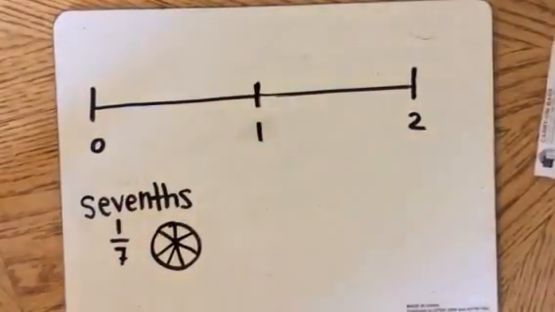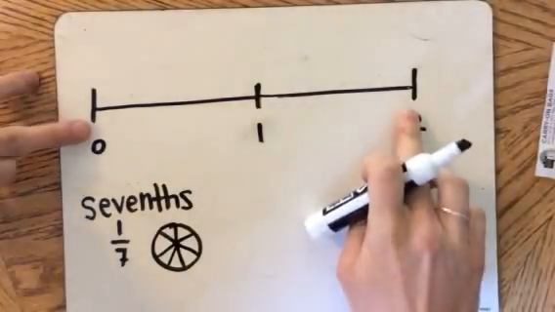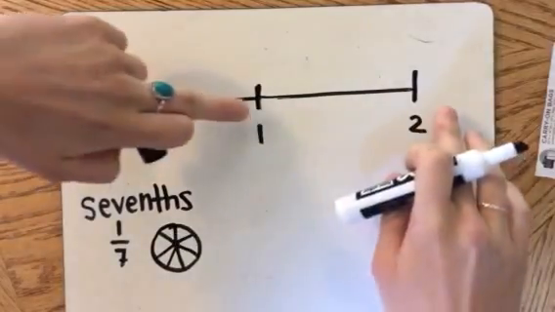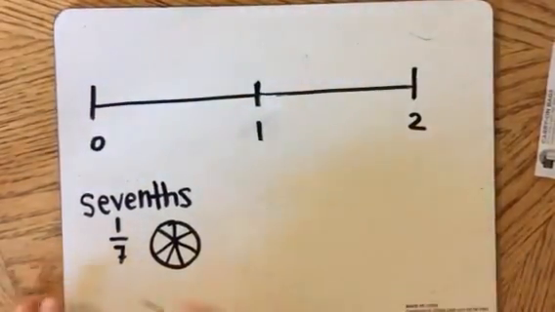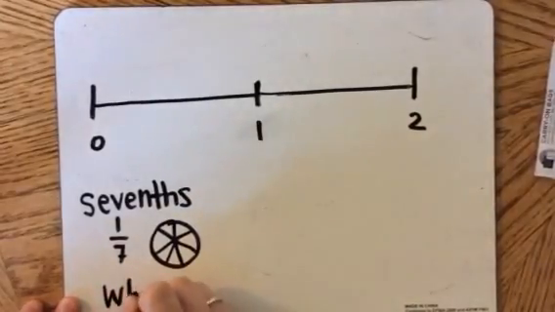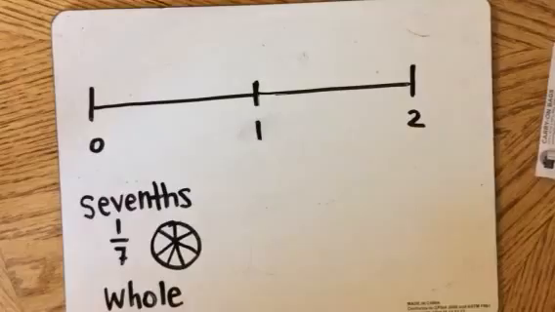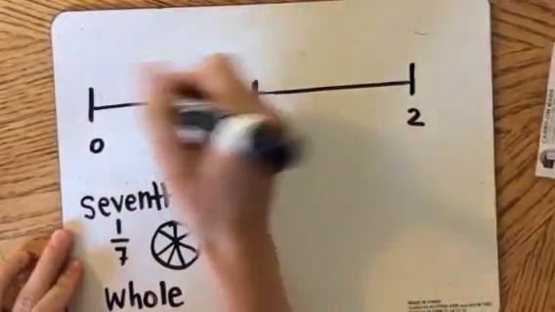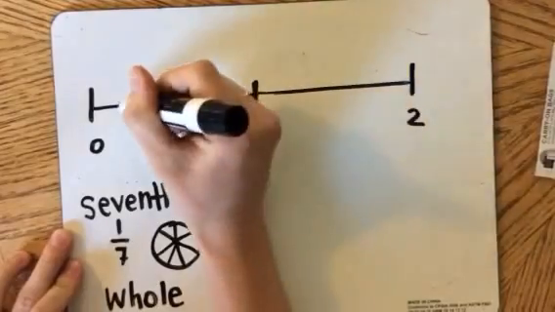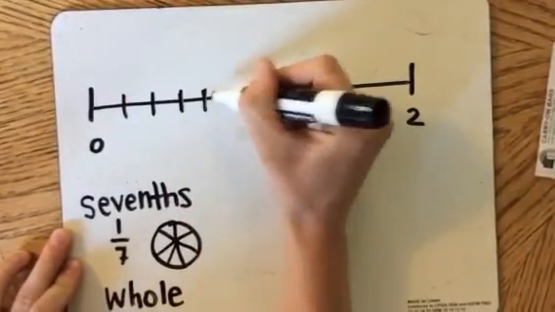Excellent. Now, what's our next step? We need to partition each whole into sevenths. Here is my whole, and then I have a second whole there. And when I'm saying whole, I mean this one, not like a hole in the ground, an entero, whole. So on my first whole, I'm going to partition that into sevenths. So I need 6 lines. 1, 2, 3, 4, 5,